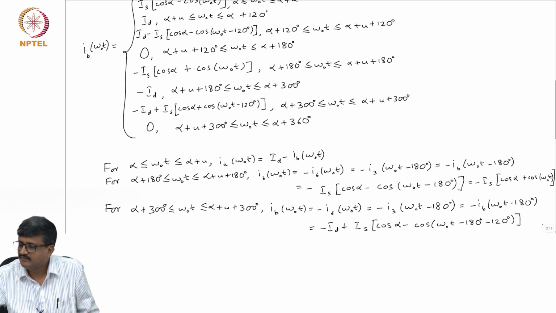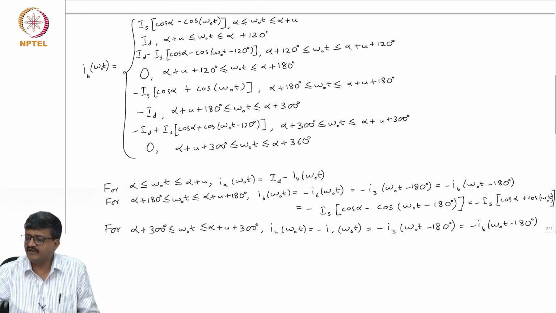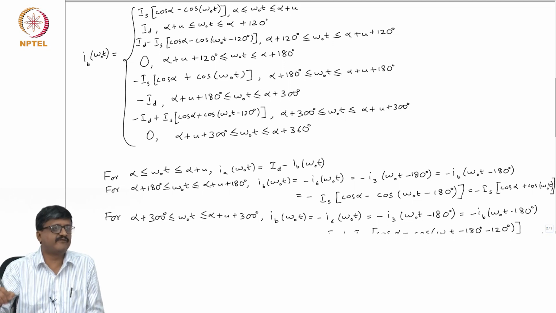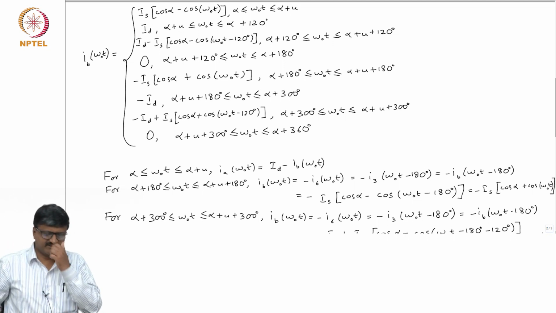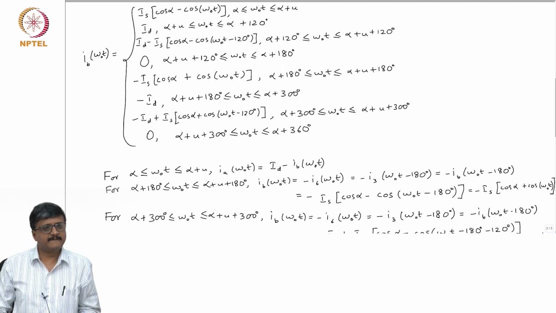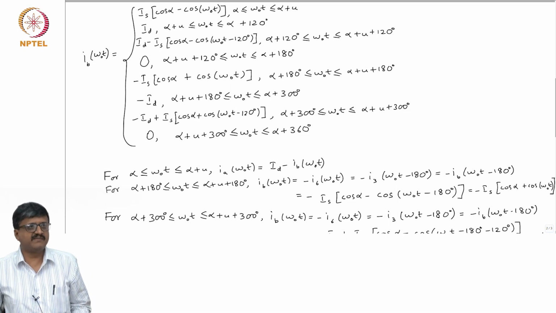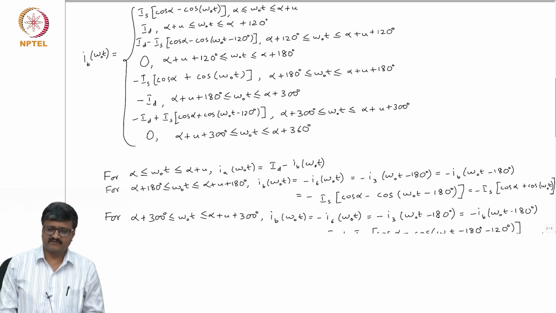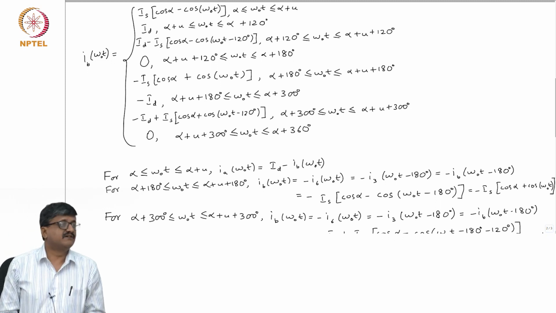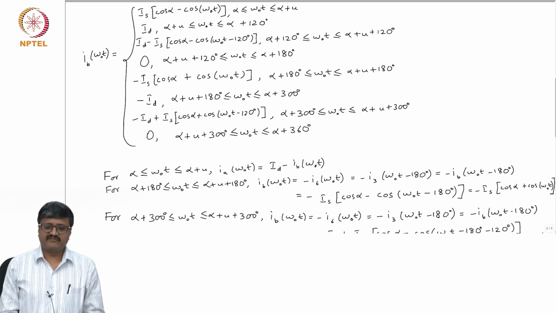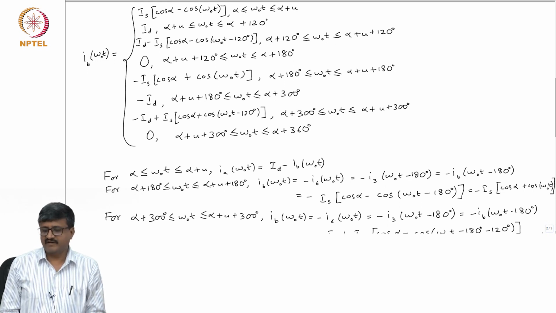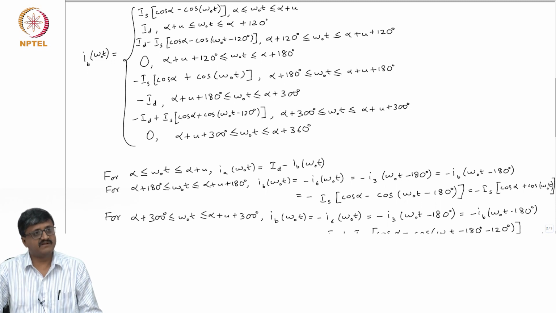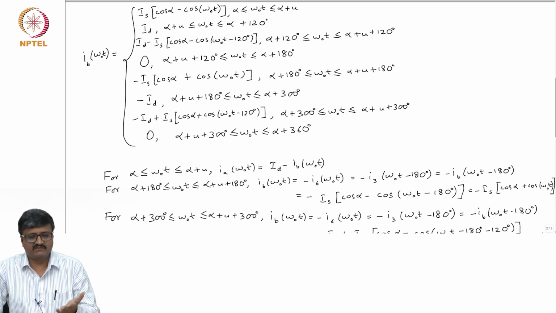Okay. So, we have the expression for IB for one full cycle from alpha to alpha plus 360 degrees. Of course, though there are 12 subintervals, some expressions are applicable for multiple subintervals, that is why we have only 8 expressions. Of course, some of them are 0 for 2 of these subintervals also. Now, if I want to find the fundamental component RMS value or harmonic component RMS value, I have to do Fourier series, but any simplification is possible.